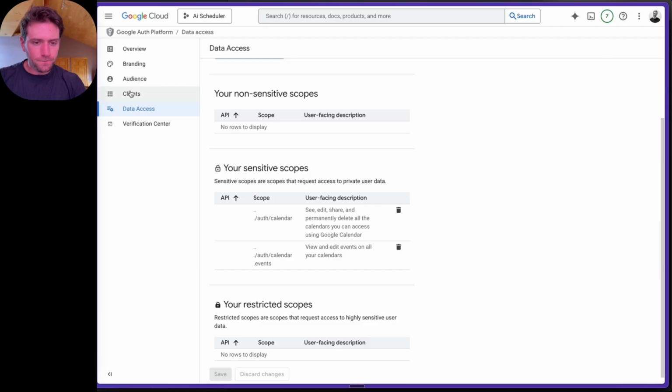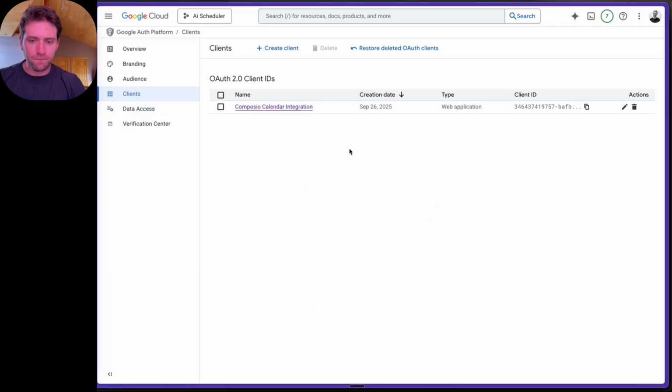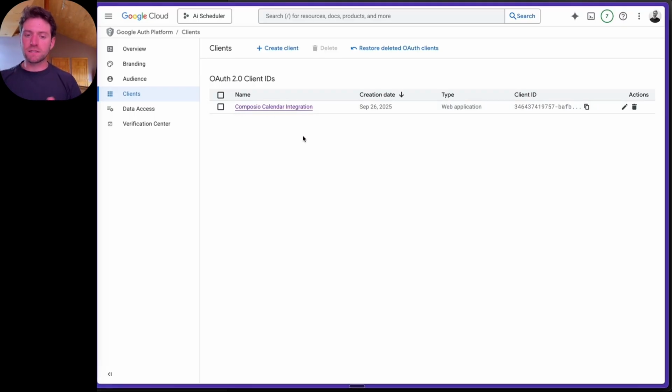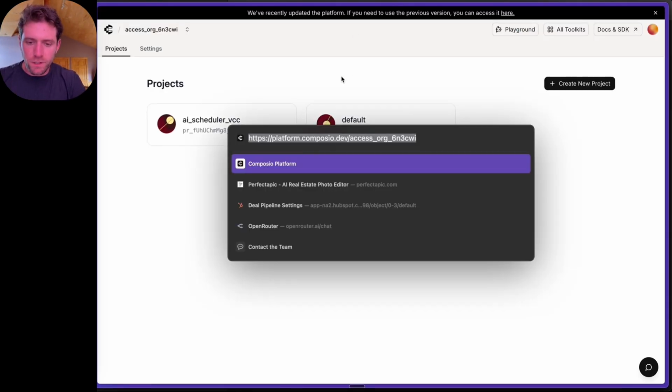And then if we come in here to clients, I'm not going to open this because there is sensitive information that would allow people to have access to the app that we don't want them to have access to. But we set up this client that is Composio calendar integration. And now this is where all of the content that connects Google Cloud Platform and the APIs inside of it to Composio. So let me open up Composio, and over here inside of Composio, we're at